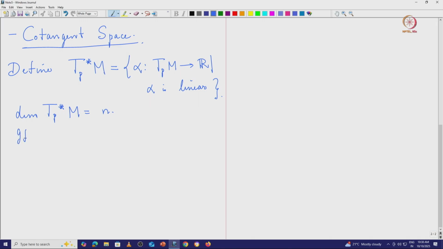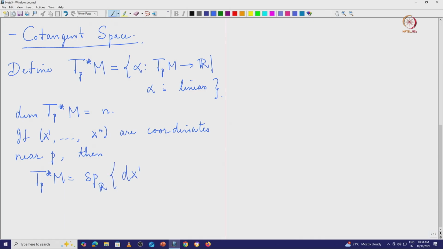So if x1 up to xn are coordinates near P, then one can write down a basis for the cotangent space. So this is the span over R of these quantities,